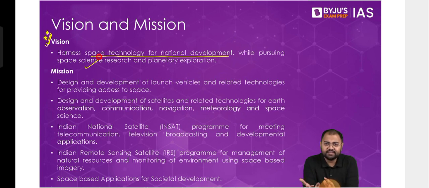And that's why, when you count the number of missions which are based on space science research, there are hardly any. Right? Chandrayaan 1, 2, 3. Even Chandrayaan 3 wouldn't have happened if Chandrayaan 2 was successful. So Chandrayaan 1, 2, 3, Aditya L1 upcoming, Gaganyaan upcoming, Astrosat, Mangalyaan. That's it. So you can very easily count that there are only 7, out of which 5 have been launched and 2 are about to be launched.